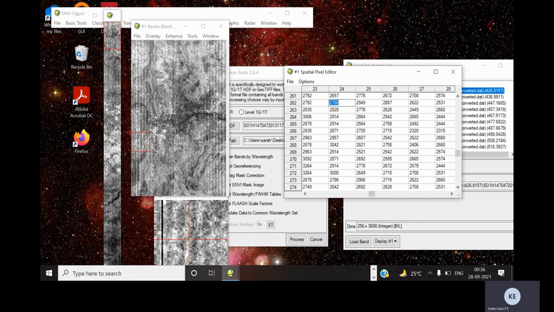Now you can see that the strip is removed. So select the next area.